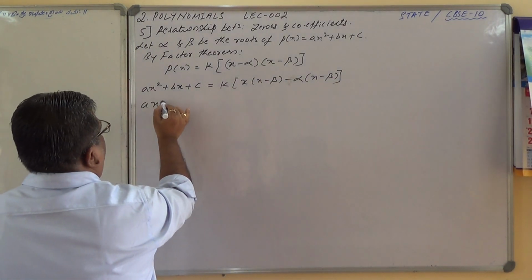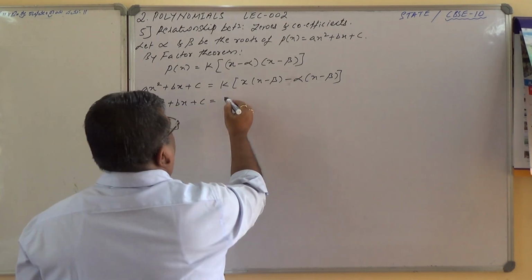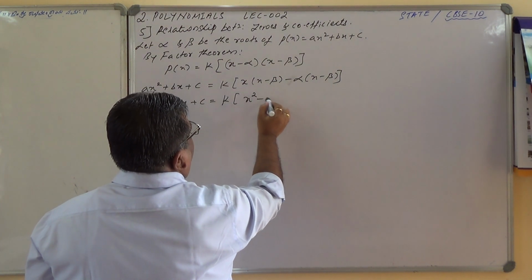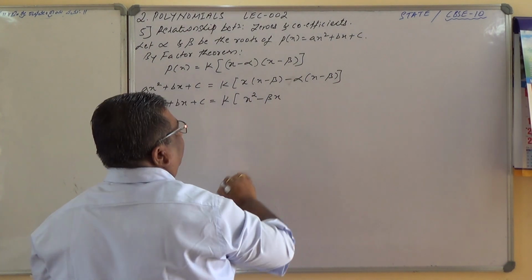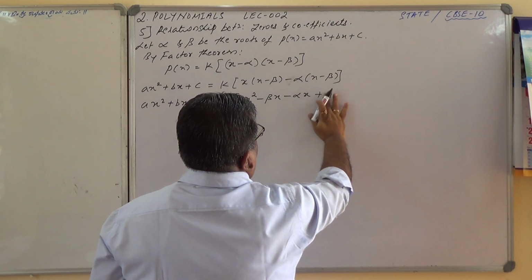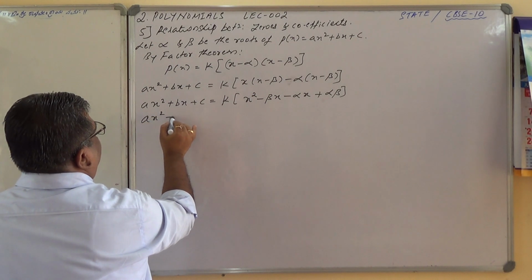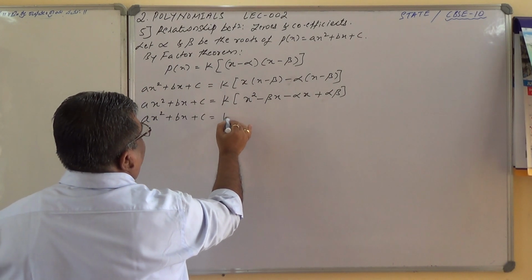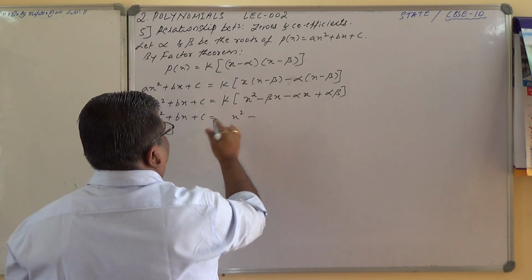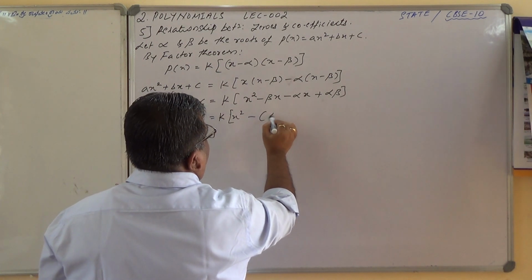Here again, ax square plus bx plus c equals k into bracket x square minus beta x minus alpha x plus alpha beta. So ax square plus bx plus c equals kx square, minus, once again let me put it in a bracket,